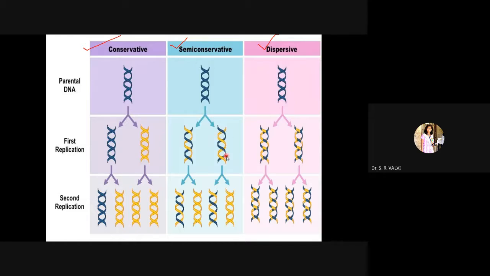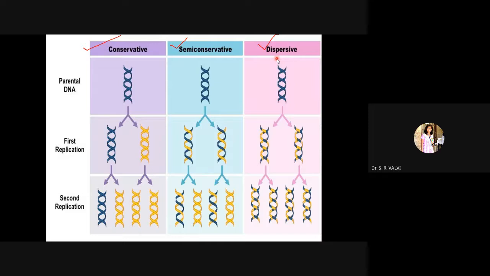You can see here in the next also, half the DNA is the parental one, and in yellow color is the newly synthesized daughter DNA. Again the same here, in the second replication you will get this half of the parental and newly synthesized, whereas the second one is the entire newly synthesized DNA molecule, right? So likewise this is the semi-conservative type of DNA replication.